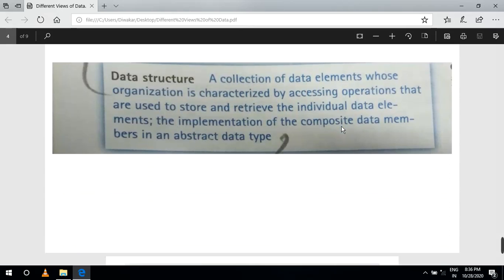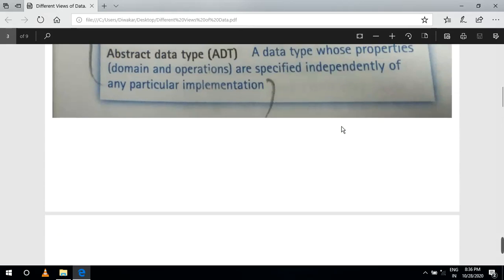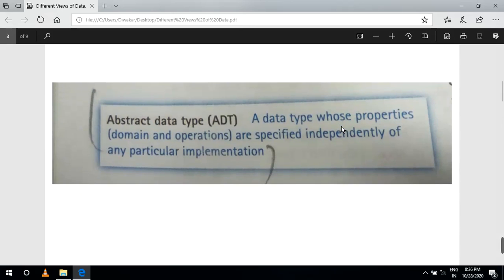Abstract data type. It is a data type whose properties, domain and operations are specified independently of any particular implementation. That is why I mentioned it in data abstraction also.